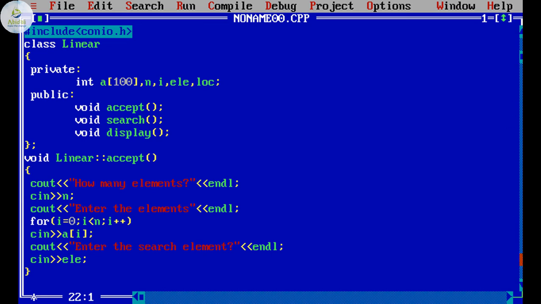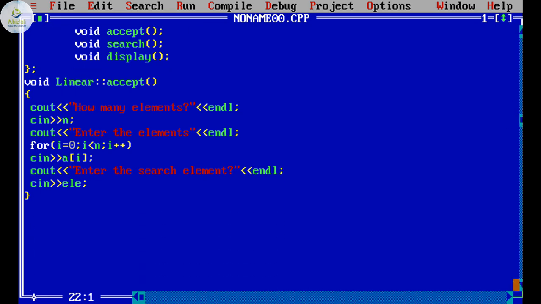Now the very important part, the algorithm that we want, will be placed under the function called search. The first thing that I will do is location is equal to -1. The location value will be initialized. So I'll travel the array from I is equal to 0, I value will be less than the number of elements, and each time the value of I is increasing by 1.